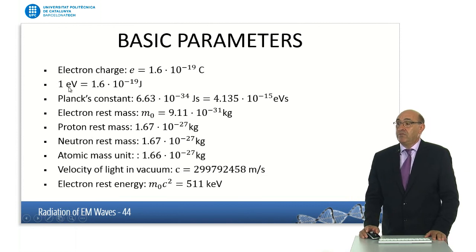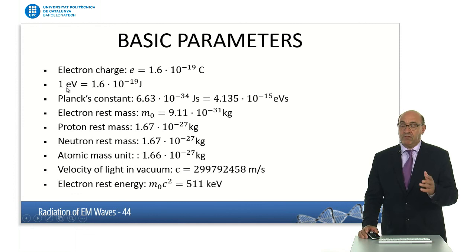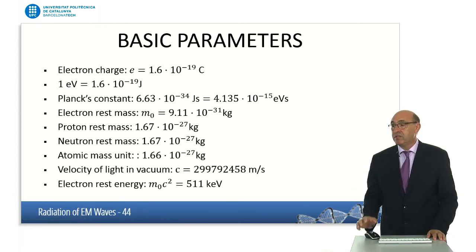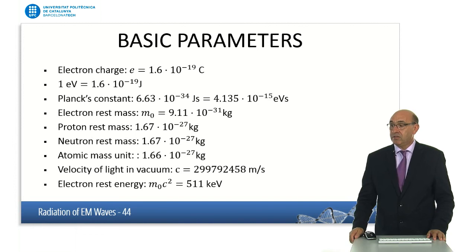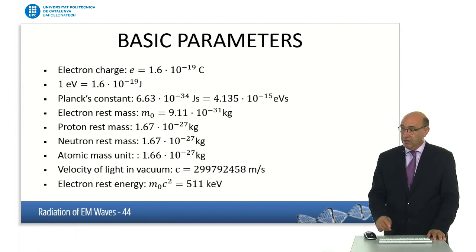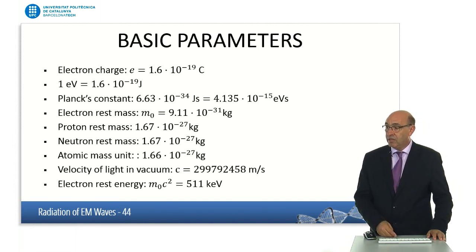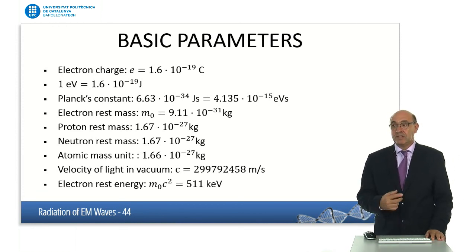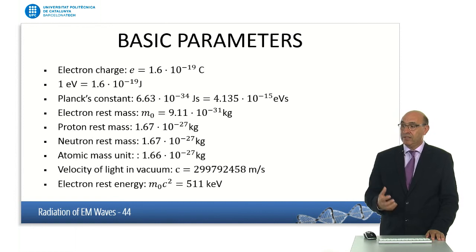This is the electron volt, which is the energy needed to move an electron across 1 volt, which is a value of interest in some electronic applications, and this is the equivalent in joules. And also you have at the bottom the electron rest energy. This is 500 kilo electron volts, and if you compare this with the giga electron volts in the ring, you will see why the acceleration is